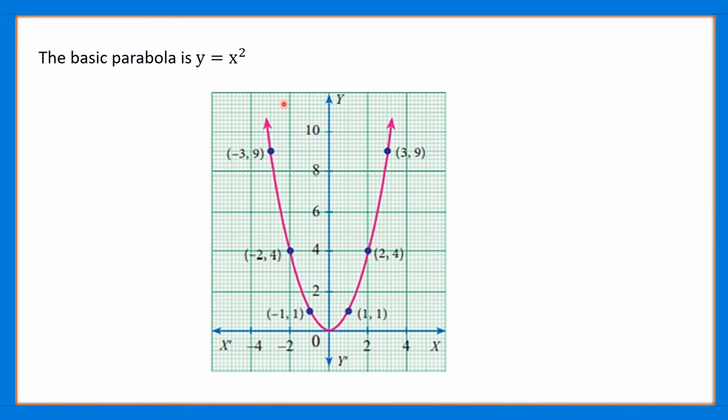Moving on to the curve of the parabola, we will be having a basic parabola. That is, in general, a parabola will be of the kind like this, and it has a general form which is given by the function y = x². So for the function y = x², our graph will be looking like this. So it is a basic parabola. You can even consider functions like y = 4x², y = 5x², y = 1/2 x² and so on. So in general, the basic parabola is y = x².